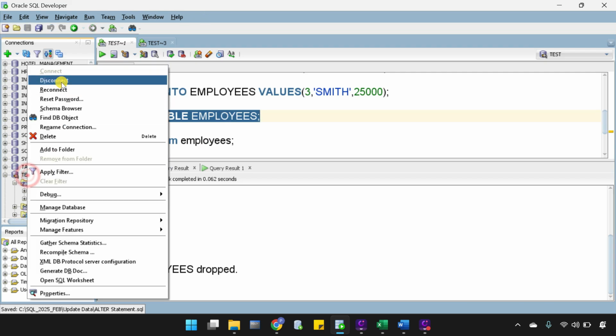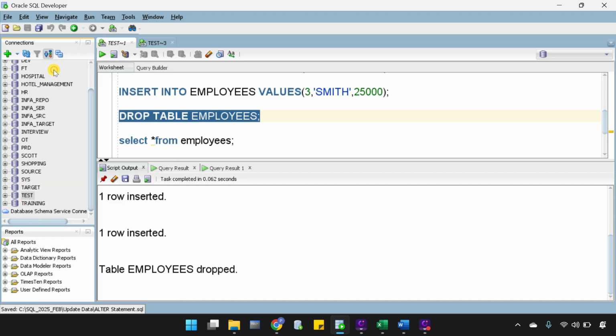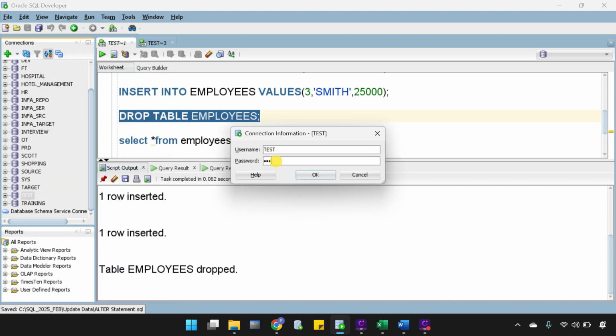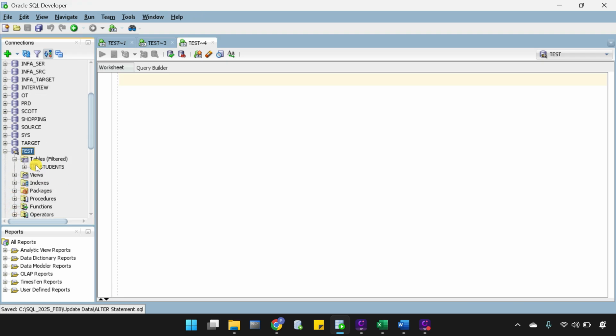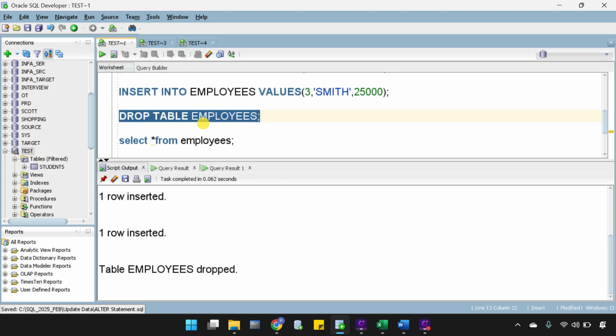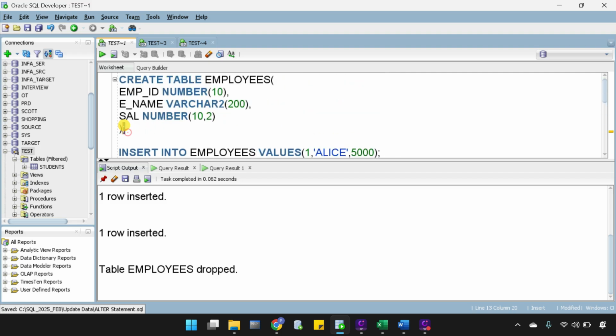Again I disconnect this one, then I reconnect it. Now if you expand the tables folder, there is no employees table inside it. So if you understand clearly, whenever we perform a drop operation, it will delete the structure along with the data inside the selected table. Okay, so again I will create this table